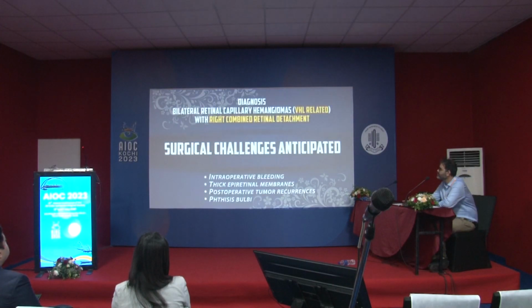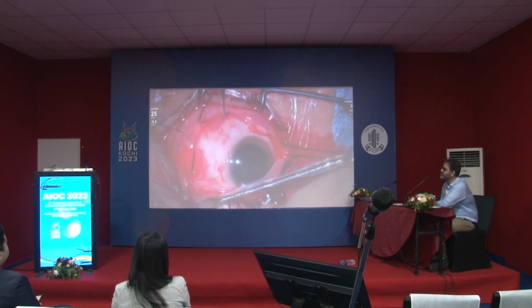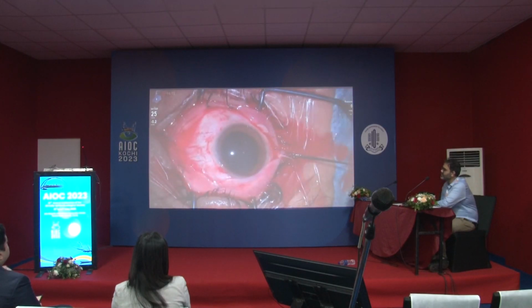Due to positive family history and systemic lesions, our patient was diagnosed with von Hippel-Lindau-related retinal angiomas based on the Danish and international criteria. In these cases, various surgical complications have been described, including intraoperative bleeding, post-operative epiretinal membranes, and recurrent angiomas, among others. In view of combined retinal detachment involving the macula, we decided to proceed with pars plana vitrectomy in this case. We performed the surgery under local anesthesia, as these cases usually do not need hypotensive general